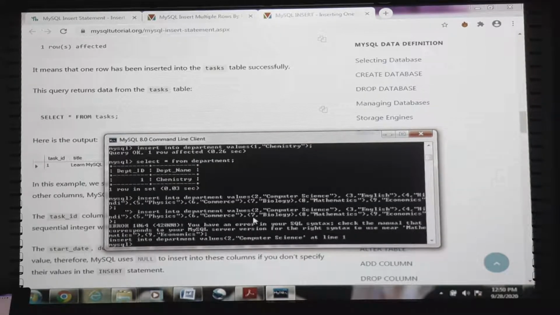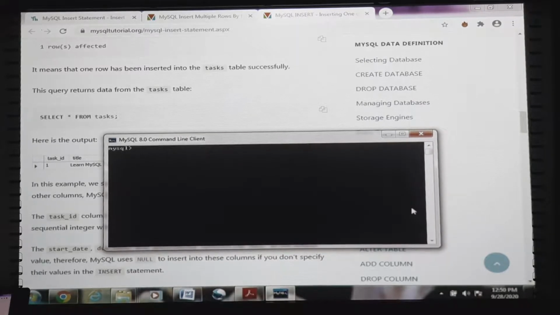See, there is an error. You have an error in your SQL syntax; check the manual that corresponds to your MySQL server version for the right syntax to use near mathematics 9 economics. Here in this query which I have performed, it contains an error.